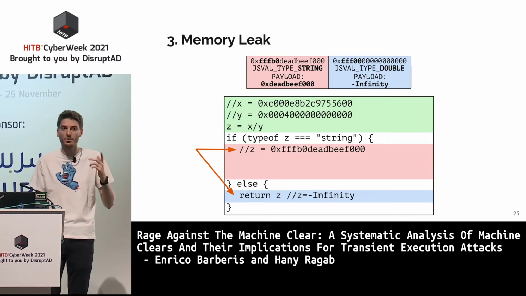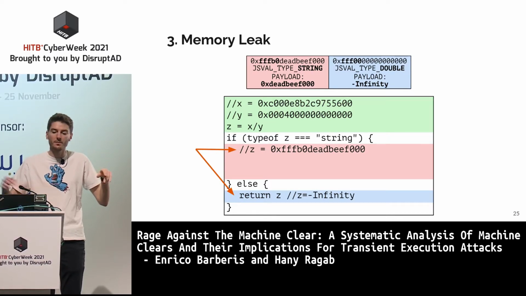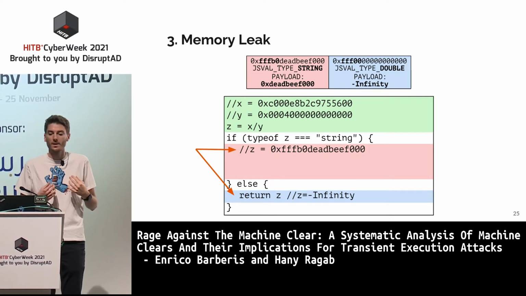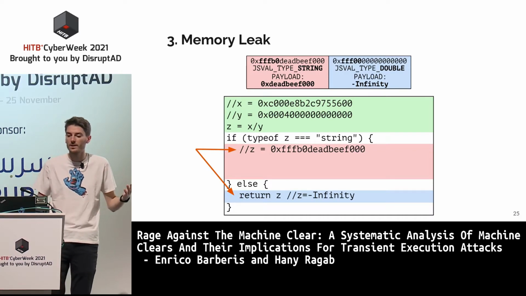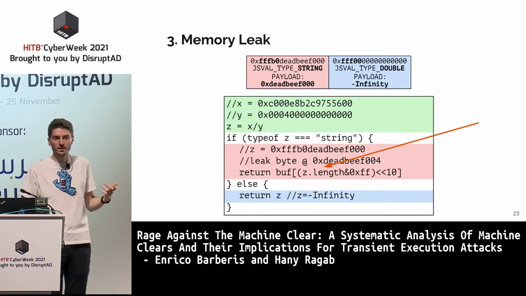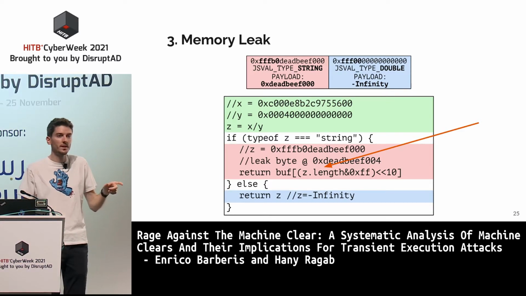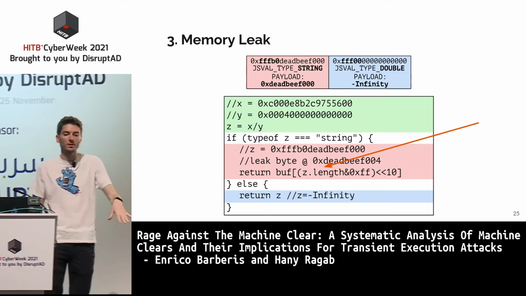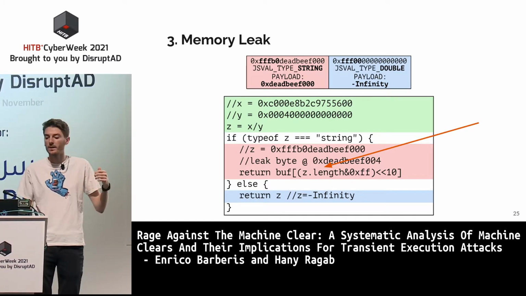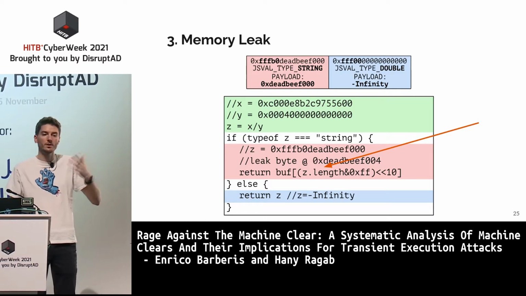However, speculatively, we injected this FFB deadbeef result, again a string where we control the pointer. And the JavaScript engine, at the beginning, will say, well, of course, the division of these numbers is a string. And we control the pointer of the string. So by accessing, for example, the length parameter, we are forcing the JavaScript engine to read whatever we want. And then using the Flush+Reload attack that we explained before, we can then recover this data later with